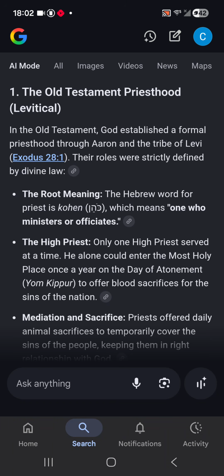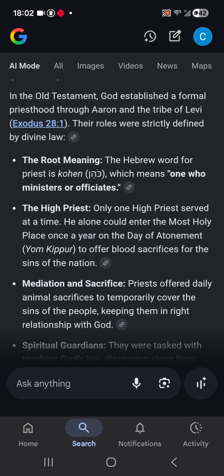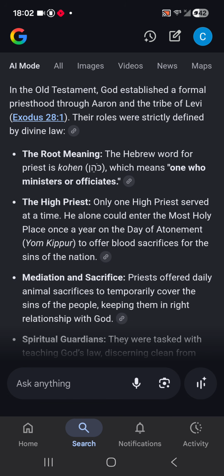The Old Testament priesthood, Levitical. In the Old Testament, God established a formal priesthood through Aaron and the tribe of Levi, Exodus 28:1. Their roles were strictly defined by divine law. The root meaning: the Hebrew word for priest is Kohen,